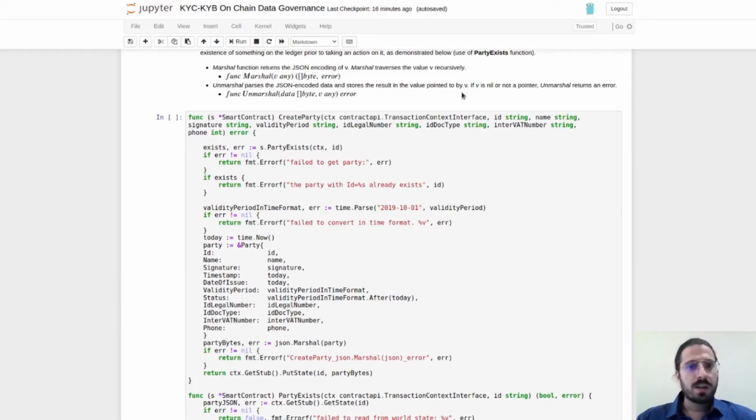Last but not least, here we are using the Marshal functions for the JSON, Marshal and Unmarshal, and this is of course the JSON encoding and how we shift between the encoding and the data in order to handle the function and submit it on the ledger or retrieve it from the ledger.